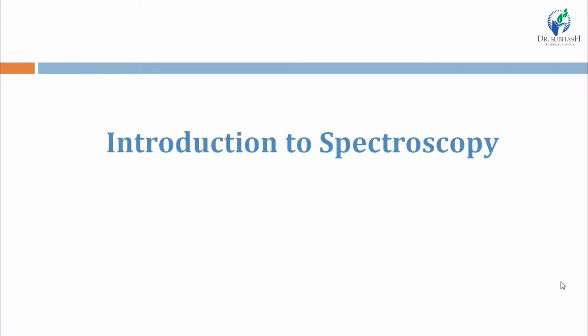So this was all about the instrumental methods of analysis. Subject overview. We have seen what IMA is, how it works, its concept, it has main 4 steps, then its classification and its application. Now first we are going to see various spectroscopic techniques. So first we will see an introduction to spectroscopy.